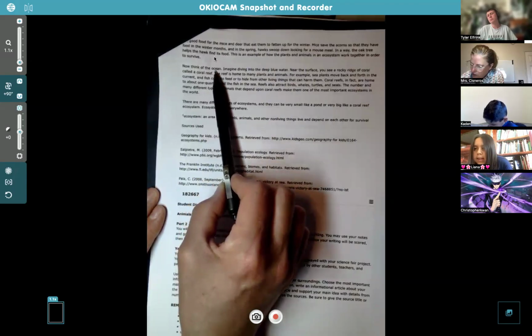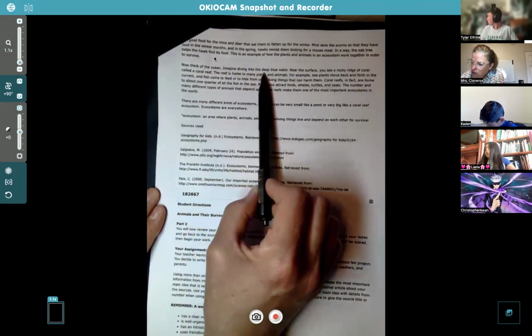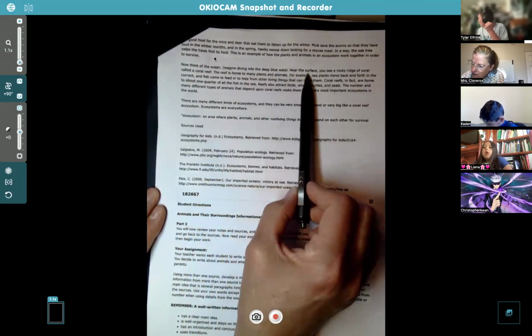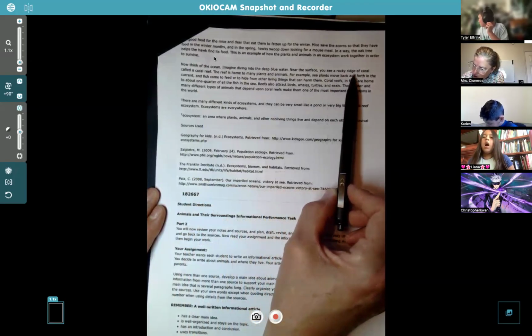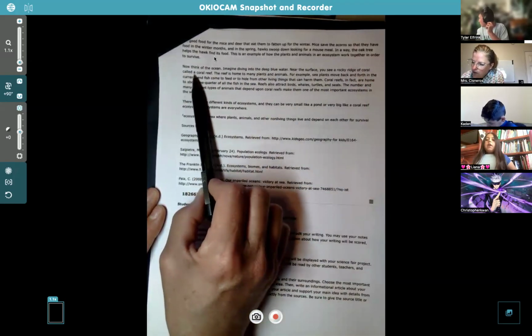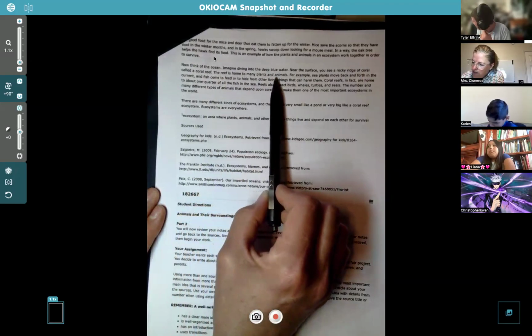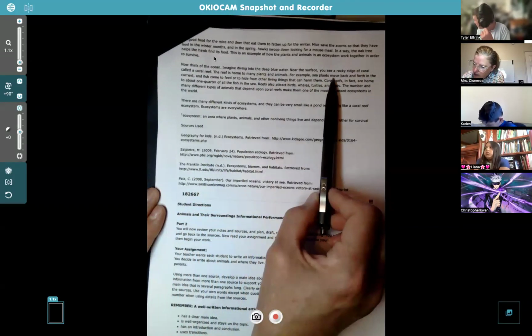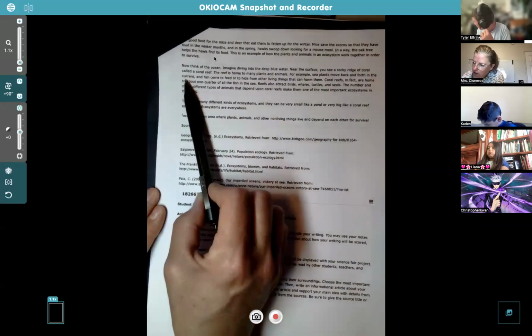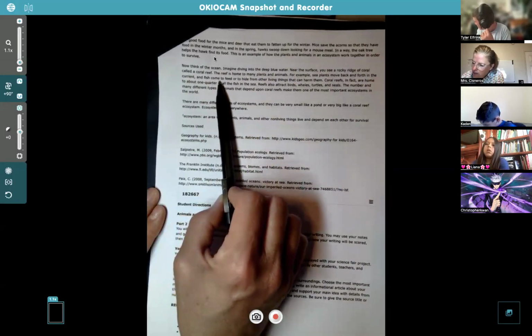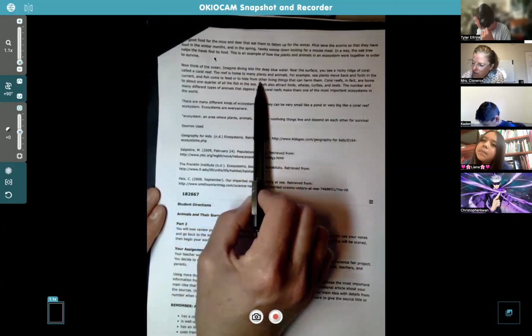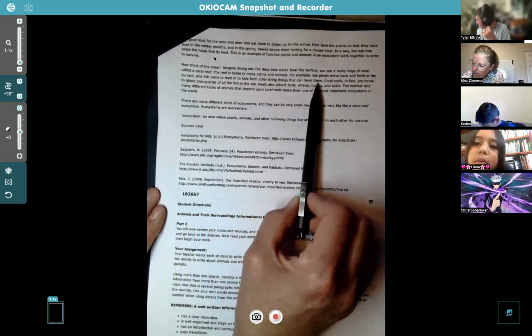Now think of the ocean. Imagine diving into the deep blue water. Near the surface, you see a rocky ridge of coral called a coral reef. The reef is home to many plants and animals. For example, sea plants move back and forth in the current, and fish come to feed or to hide from other living things that can harm them.